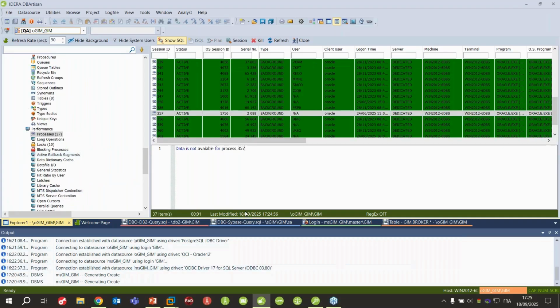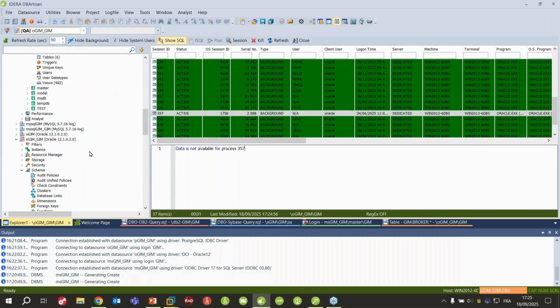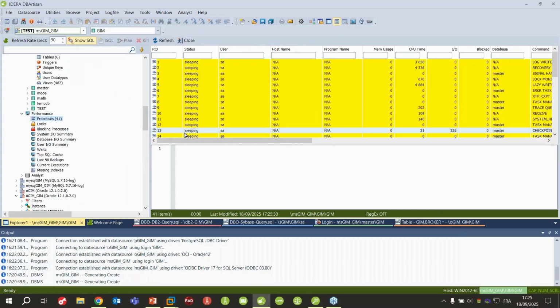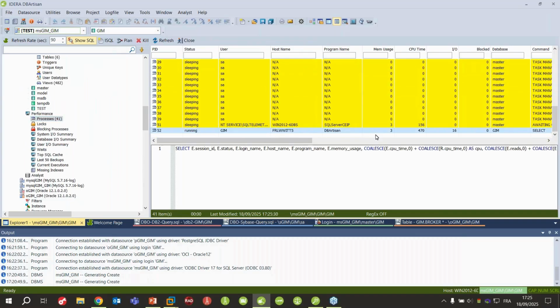So I was on my Oracle database for this value, and if we scroll back up to our MS SQL, we can see that I can view the different processes that are available the same way I have just done. This is a sleeping process. I have one running, which is my current connection with MyDB Artisan directly connected to this. I will not kill it or we will be logged out.